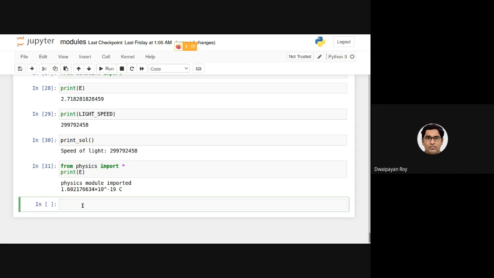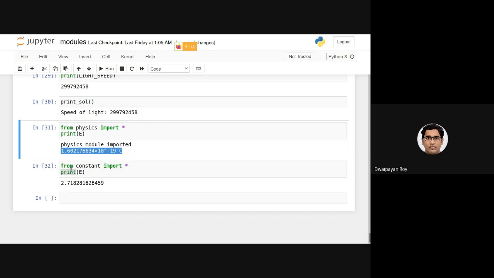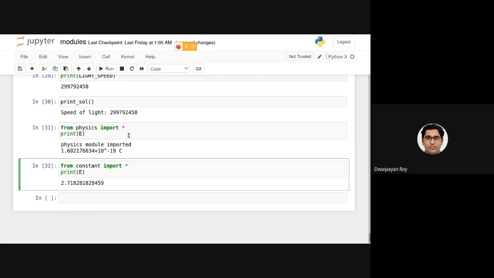Now if I again write from constant import star, and if I do this again, you can see earlier the value of e was this, now the value of e has become this. Both of them are correct. But as the latest one is being executed, that's why this e has been overwritten by this e.